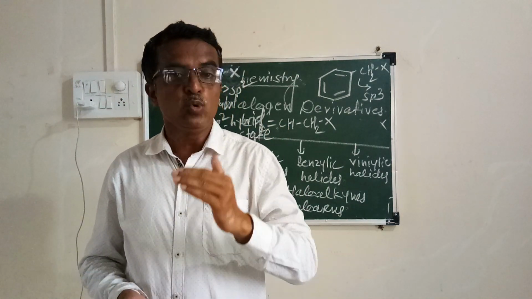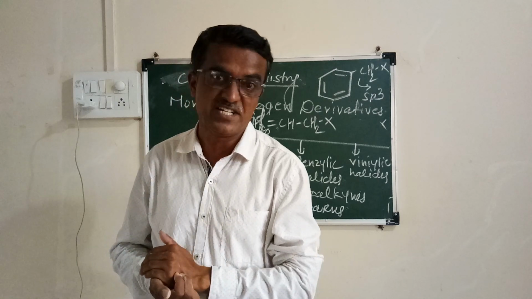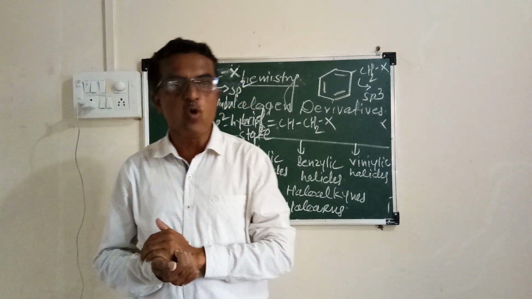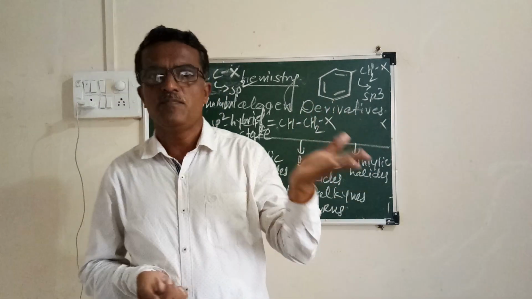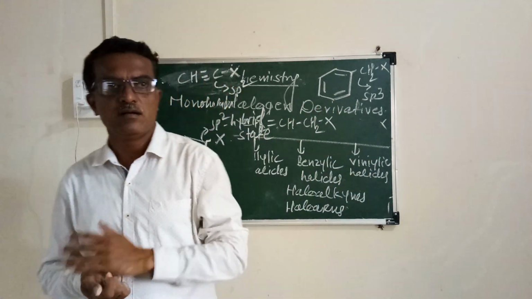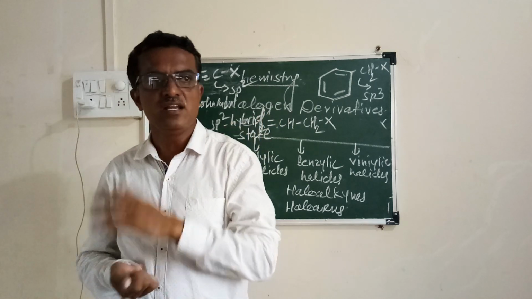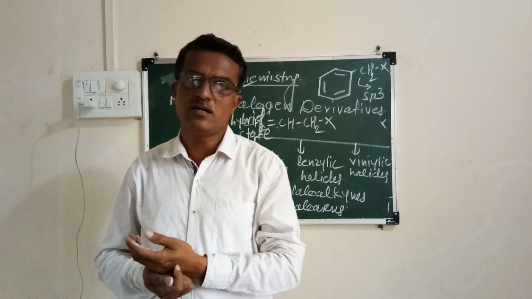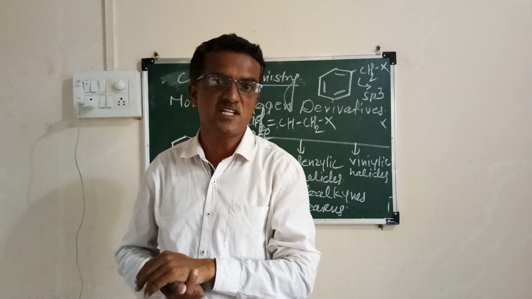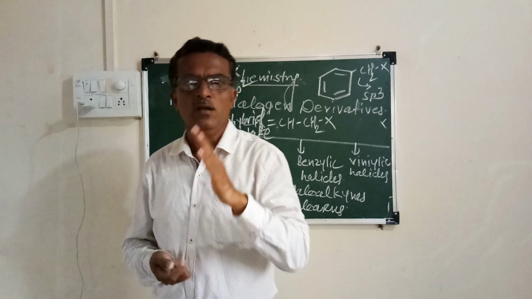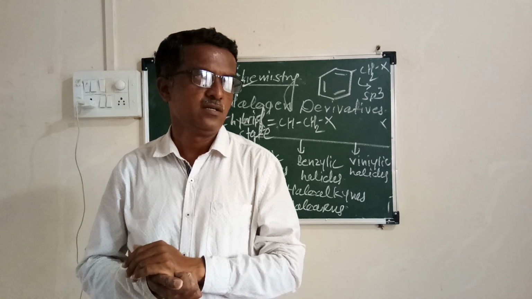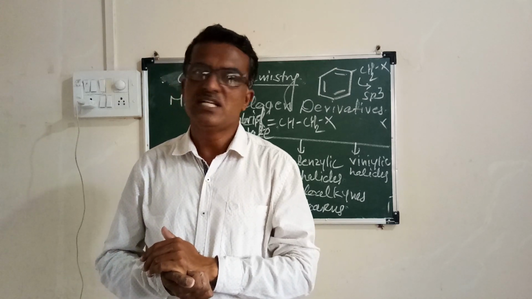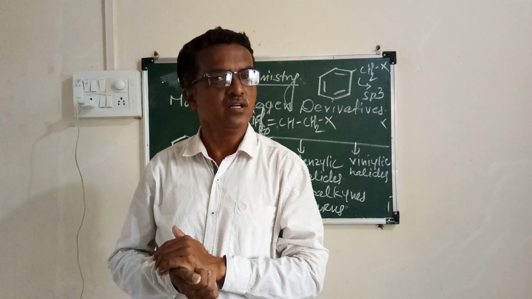Is it clear? Now this is the second important chapter, friends. I hope all the students can understand this chapter. If you have any problem, then you can ask frankly, online or in the classroom. Is it clear? Now the remaining part of the halogen derivatives of alkanes we will discuss in the next lecture. Thank you.